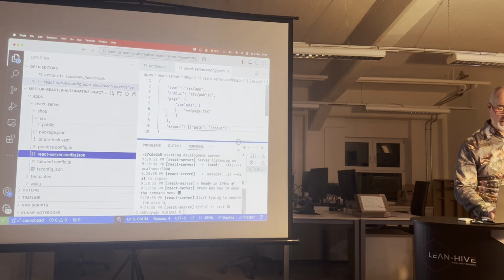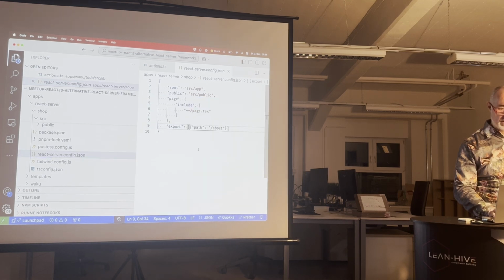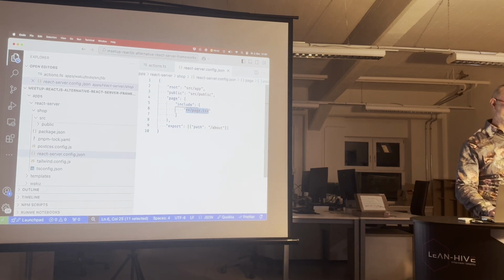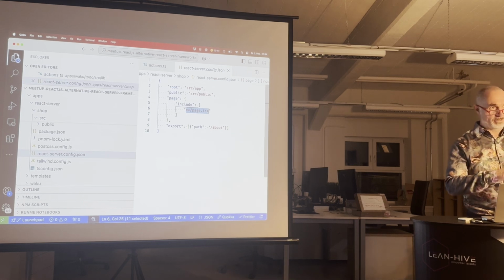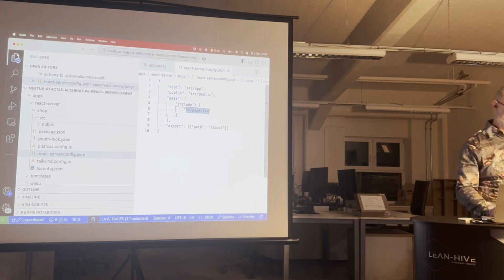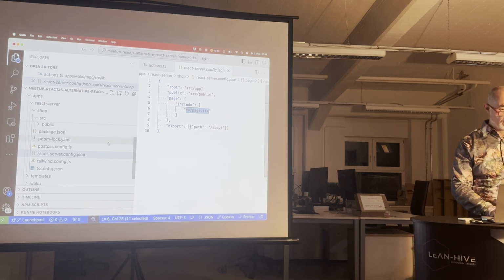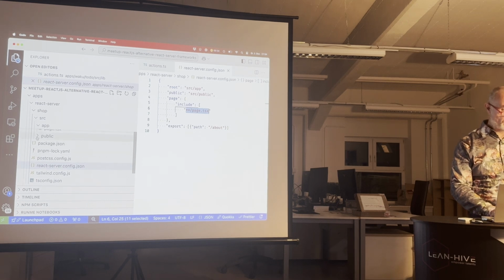So it's only, but it only takes pages which have the page in the name. Yeah? This is not necessary for React Server content. I could use anything as when I have the pages in its own folder. And I think that's also one of the reasons why currently, when I tested it out, my products